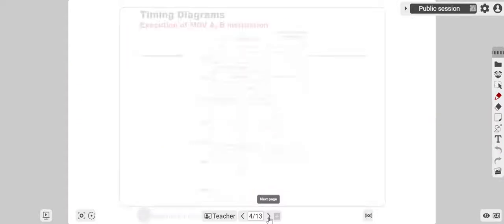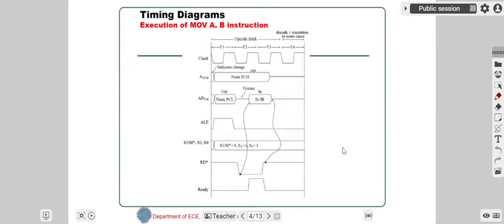So look at this diagram here. Is this diagram visible to you all? Yes, sir. Okay, so try to zoom in on the diagram. What we can see here,